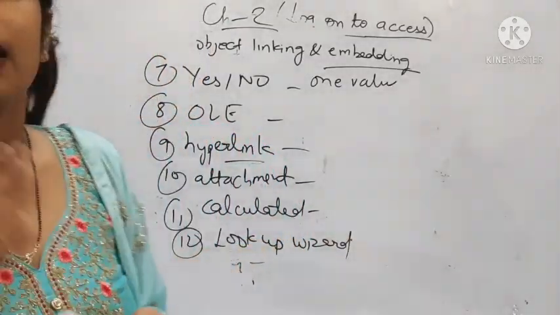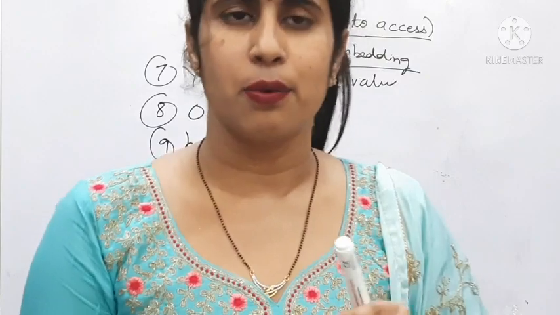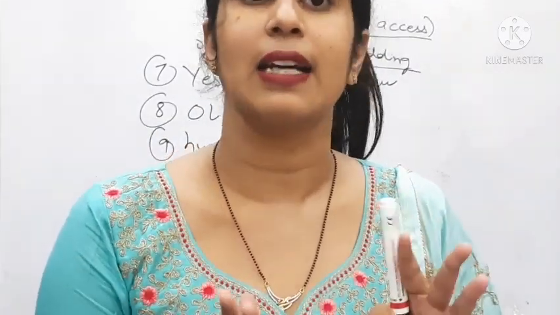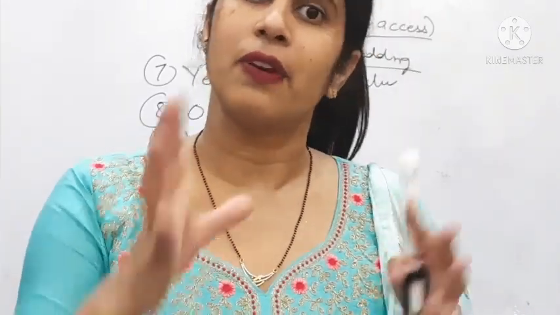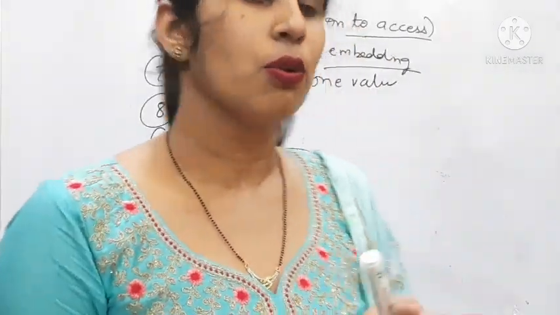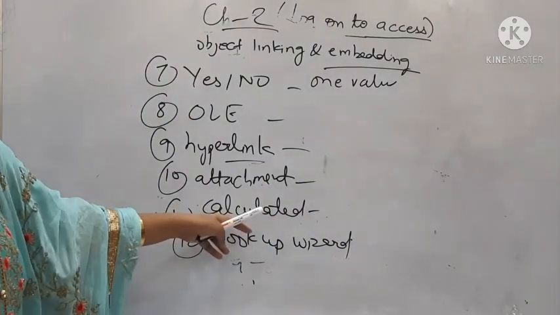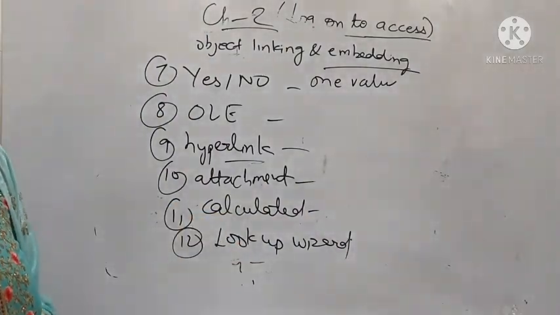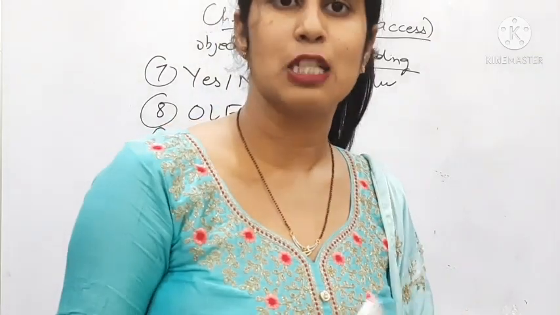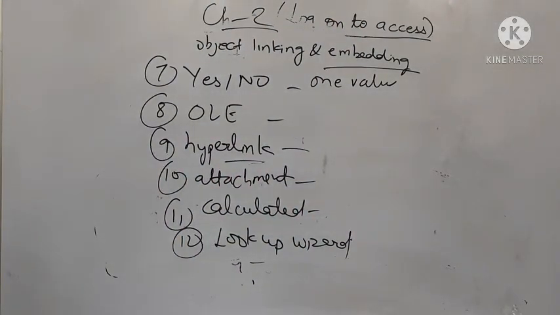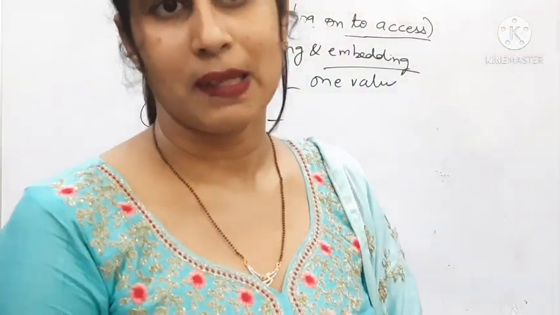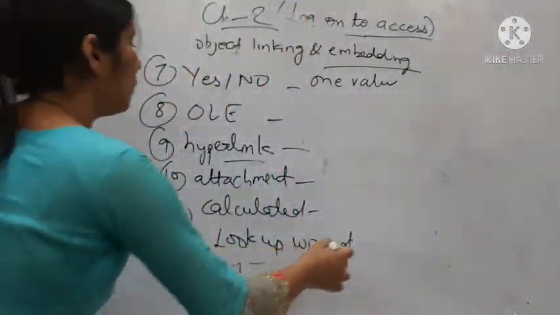Okay, the data type that uses calculated values. The data type that is using a calculated value, that is already calculated, and further we are using the calculated values. So it is done by the calculated data type. The last one is known as lookup wizard. What is lookup wizard? Lookup wizard is basically used to connect the values that are in any other application program. Okay, and we are choosing all these values from the other application. So it is known as a lookup wizard.